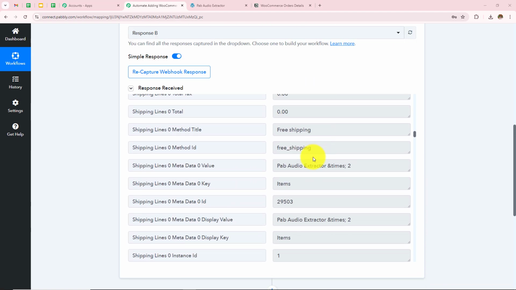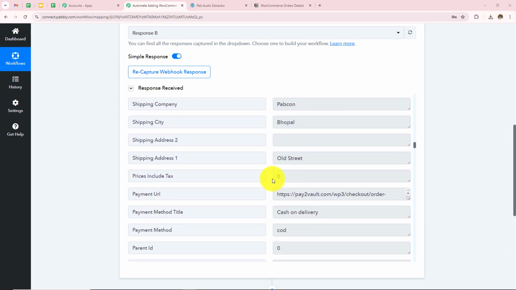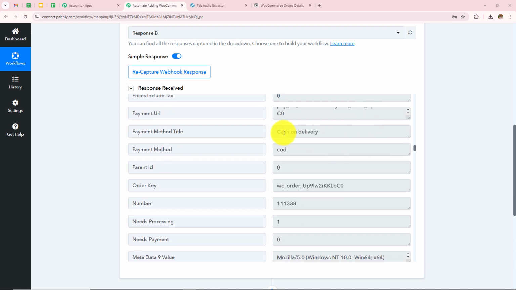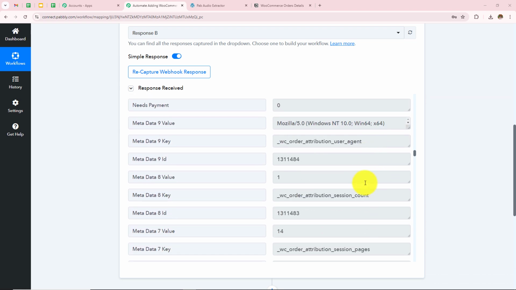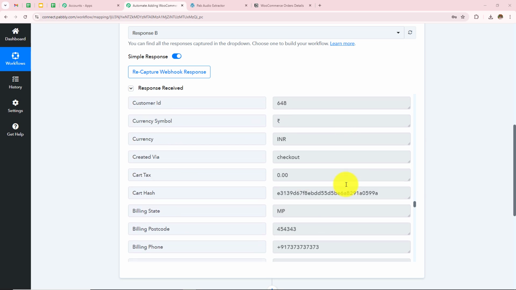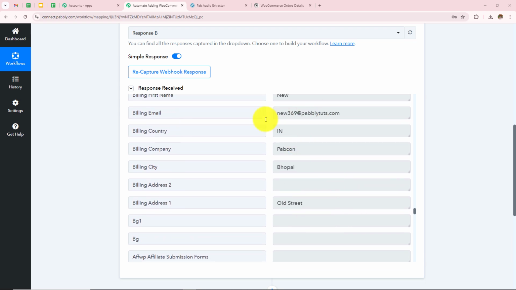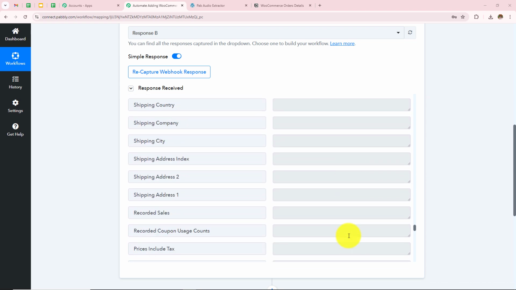The name of the item was PAB audio extractor, quantity was 2, first name was new, last name was user, company name was Papcon, shipping city is Bhopal, address is Old Street, payment method is cash on delivery. I have received the other details like the cart subtotal, and then I have received the customer ID, postal code, phone number, email which was new369@pablitudes.com.